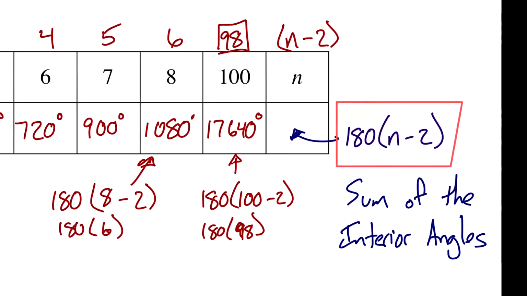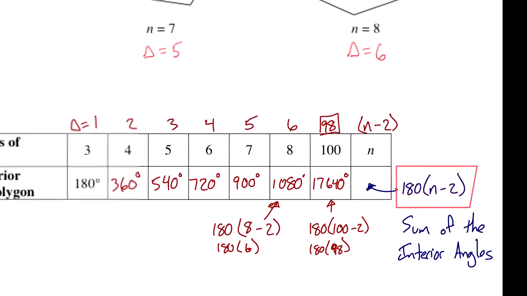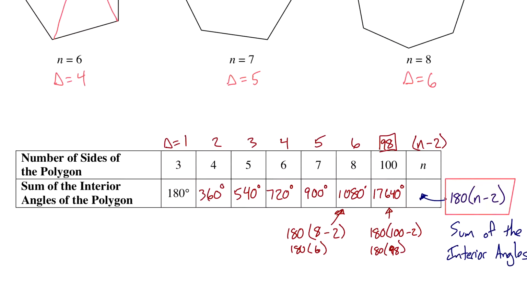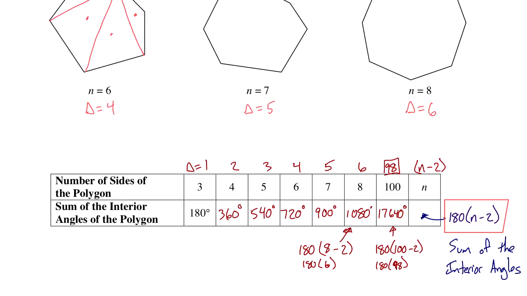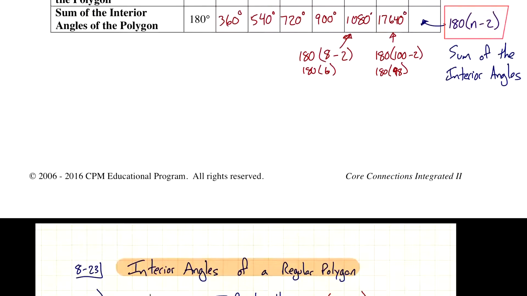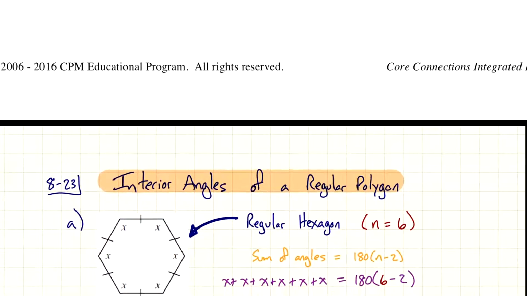Now we have a little formula we could use. We don't really need a picture, we just need to know how many sides there are. If we know how many sides there are, we could very easily calculate the sum of the interior angles. All right, so as we continue,